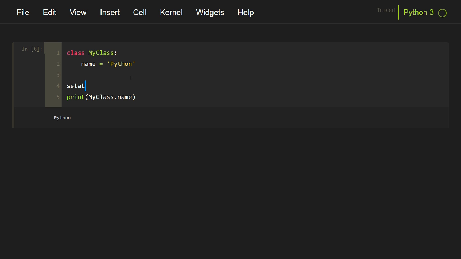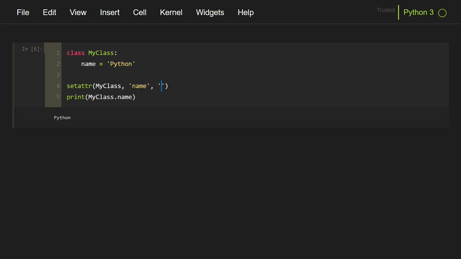Now I can call the set attribute function. The first parameter will be the object whose attribute we are talking about. The second parameter is the name of the attribute inside a string. So in this case, name will be quoted inside a single quote or double quote, and the value that we want to set to this value.